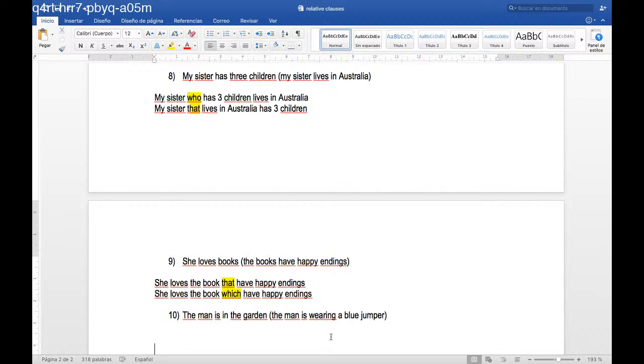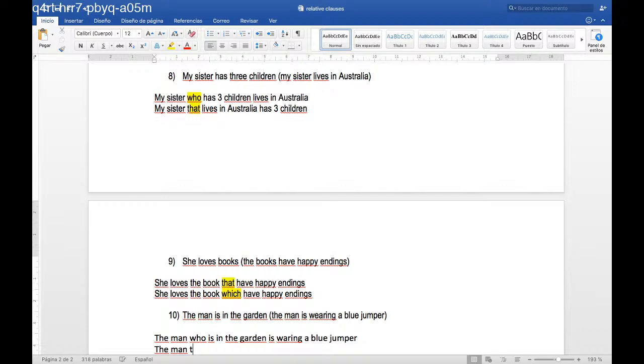So obviously over here we are trying to avoid the repetition of the man. So I am going to use as a subject who or that. So the man who is in the garden is wearing a blue jumper, or the man,